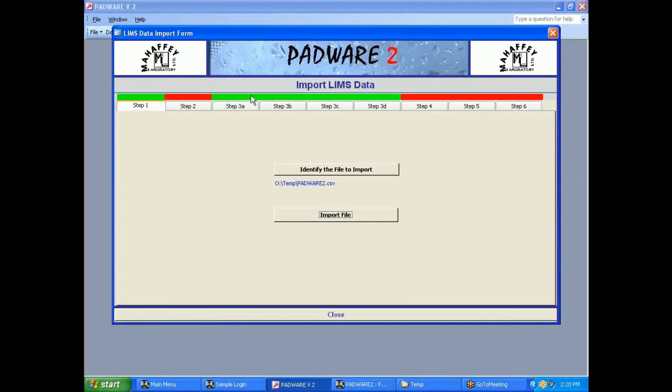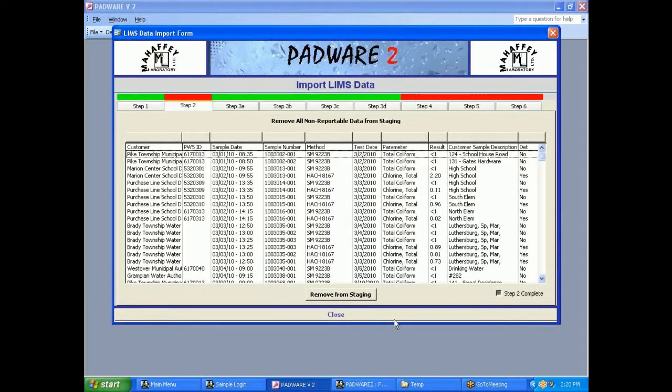Again, we've used this for 3 or 4 months, and the mapping has been done, so it doesn't take hardly any time at all to use the interface. Your first several times through, there'll be some mapping that you'll have to accomplish. Step 2 is remove from staging, getting rid of the samples that you do not want to put into Padware